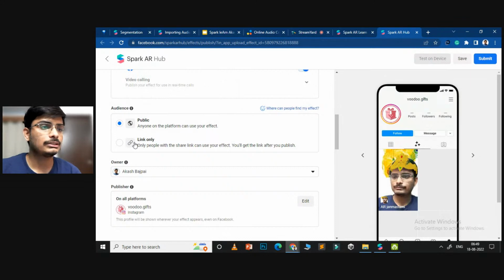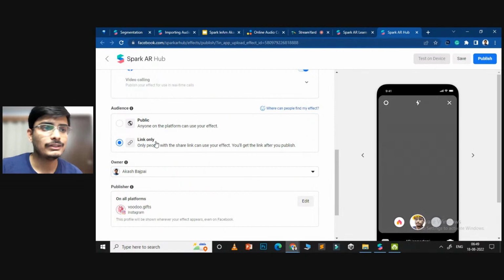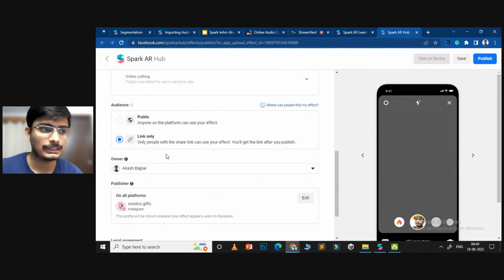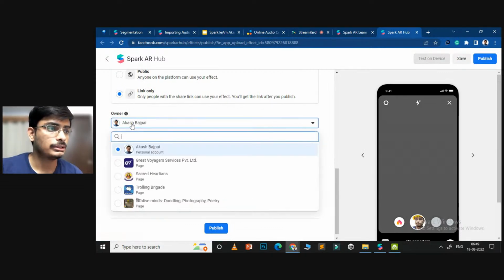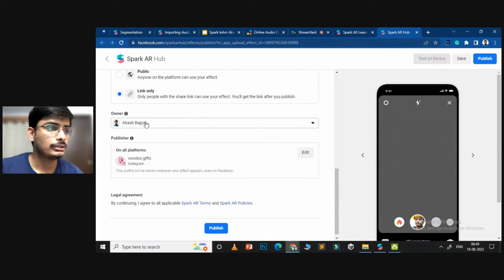Or if you want to share with a limited number of people, you can create a link only effect, which will be immediately available with the link, so that you can share that. Now you have two options to select. For example, the first one would be the owner. So that would be all the pages, all the